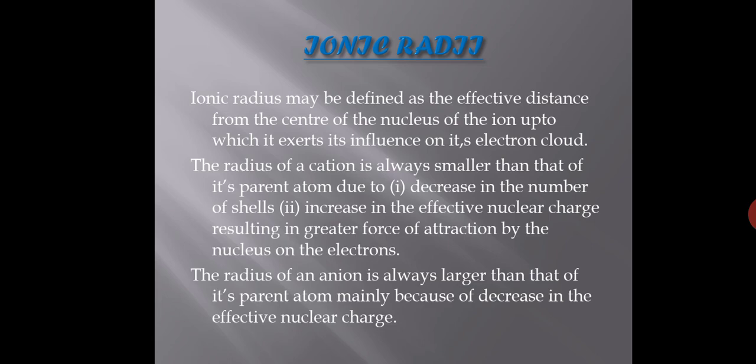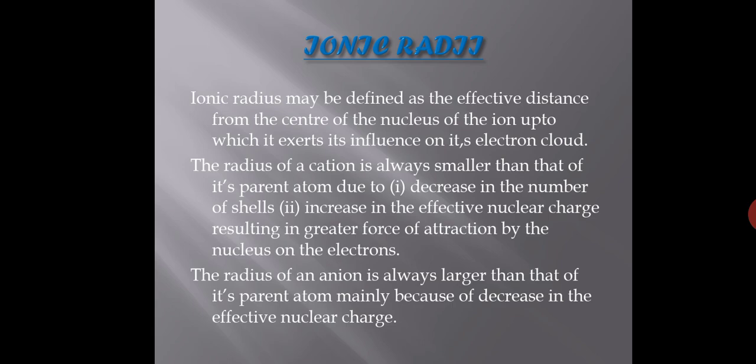So there is an increase in the effective nuclear charge, as I already said, that in the case of the sodium ion the effective nuclear charge is greater than that of the neutral atom. But you cannot compare sodium to potassium. Don't compare a potassium ion to a sodium atom, or a potassium ion to a magnesium atom. That is not a valid comparison. We can compare in the case of isoelectronic species, which I will tell you later on. So always remember that the radius of a cation is always smaller than that of its parent neutral atom, due to the decrease in the number of shells and the increase in the effective nuclear charge.